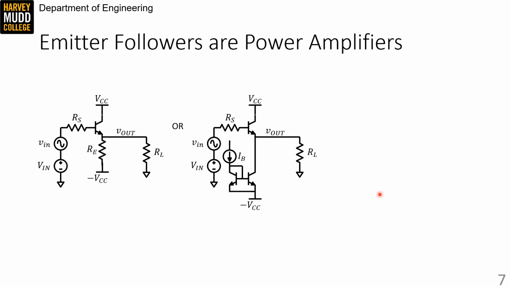I've drawn two emitter followers here, one with a resistive bias and one with a current mirror bias. I've also chosen to power this emitter follower with split rails, both a positive VCC and a negative VCC. The negative VCC rail is often named VEE, but I've just put its voltage value here to simplify our notation. The split rails let us pick the DC bias of our emitter follower, Vin,